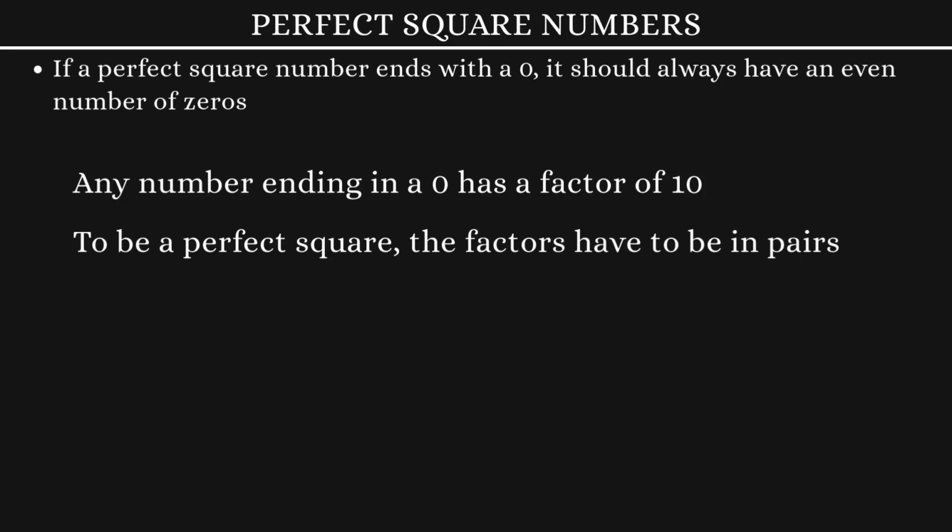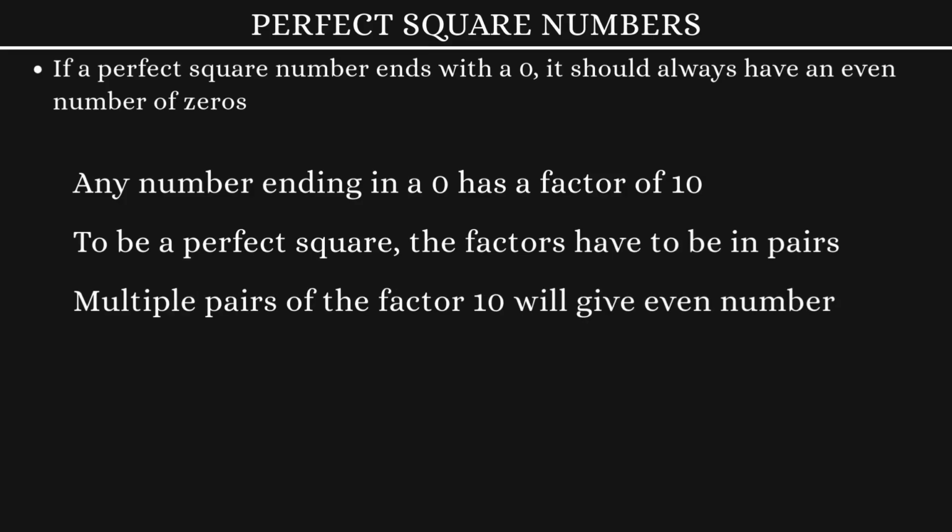Each pair will be resulting in 2 zeros. So multiple pairs of the factor 10 will give either 2, 4, 6 or other even numbers of zeros. So that means a perfect square number, if it ends with a 0, has to have an even number of